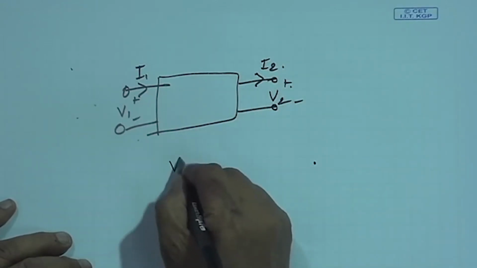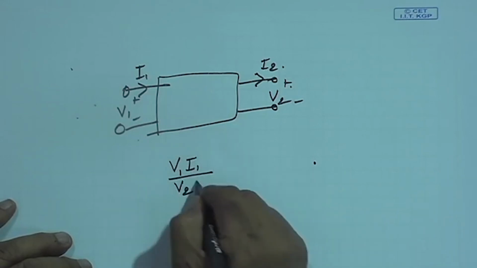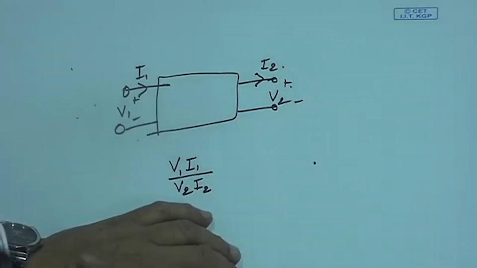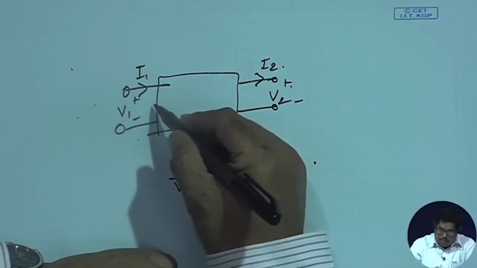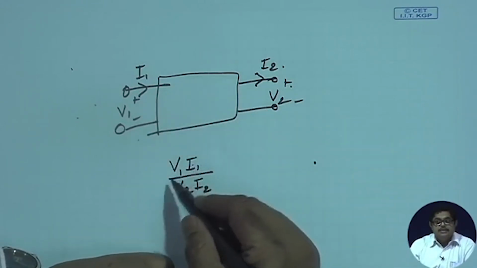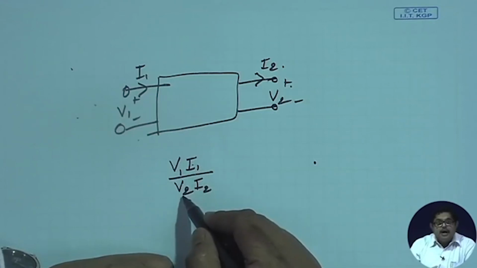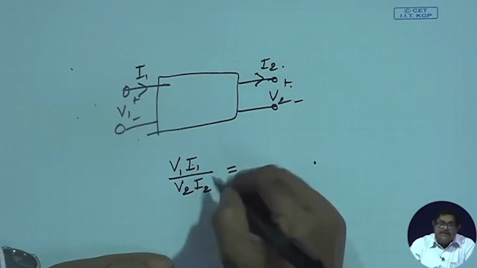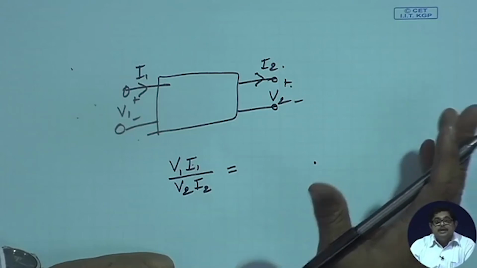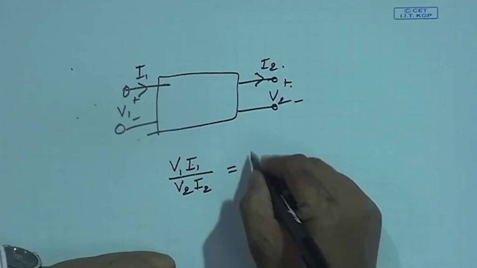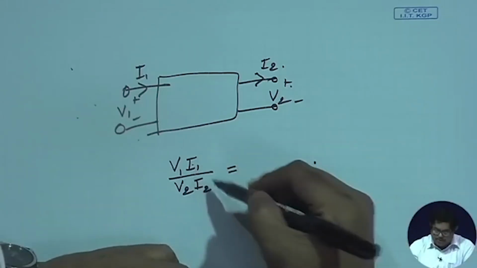Now let me define V1 I1 by V2 I2. VI is volt ampere, the concept you have learnt in your electrical circuit class. So input volt ampere, these are complex quantities, input volt ampere and output volt ampere. What is this ratio? That will be something. Now I want to ensure that that is fully making the power transmission possible. So I can name it any number, this will be some number, you see, input by output